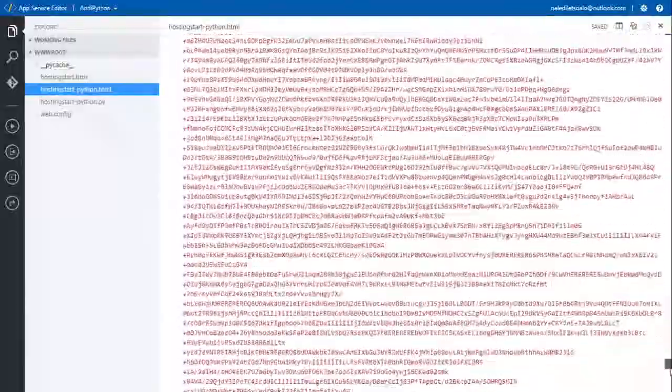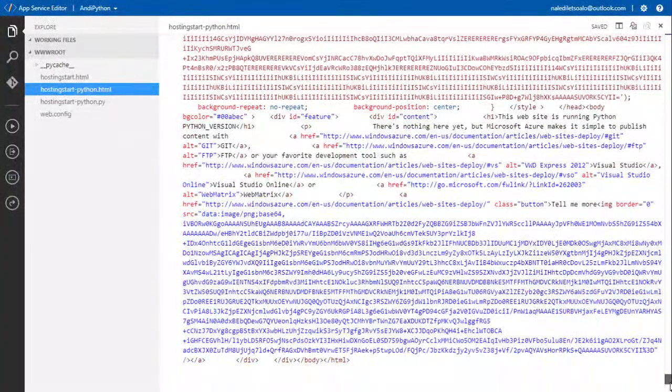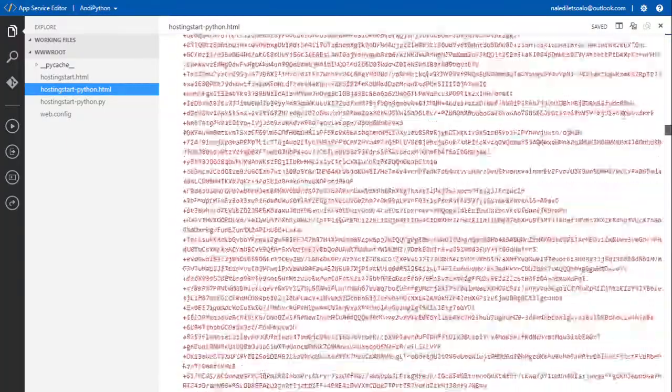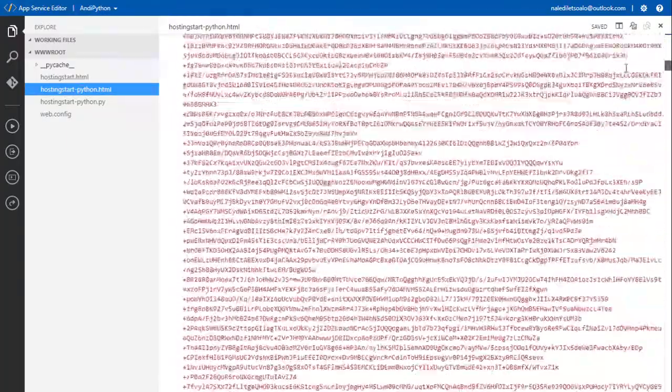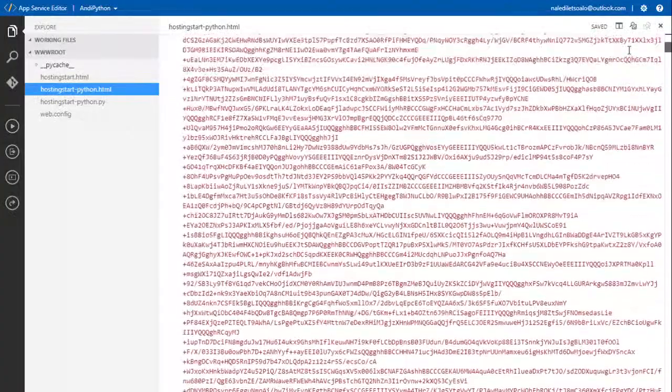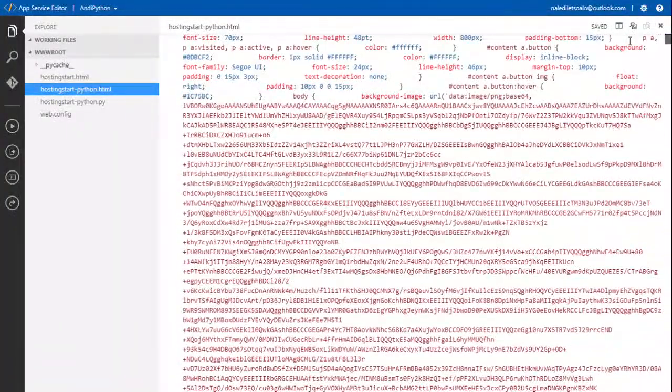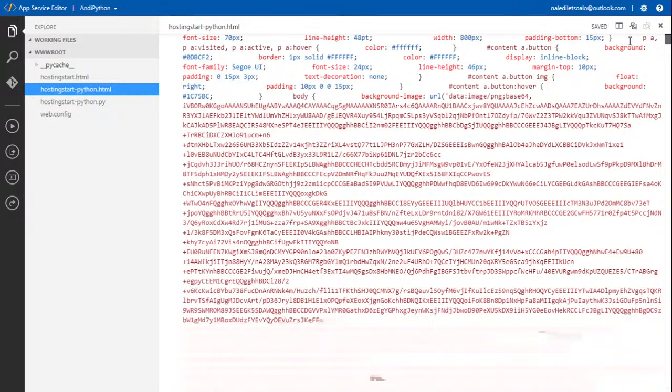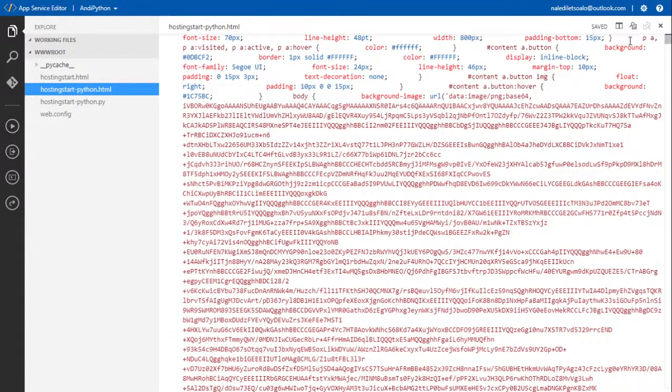If Python is your preferred language, you will kind of already know where you want to be running around for this. Just want to be sure, what is this never-ending line stream of code about? Ah, data image. Okay, so wow. So how about we just change this background image?